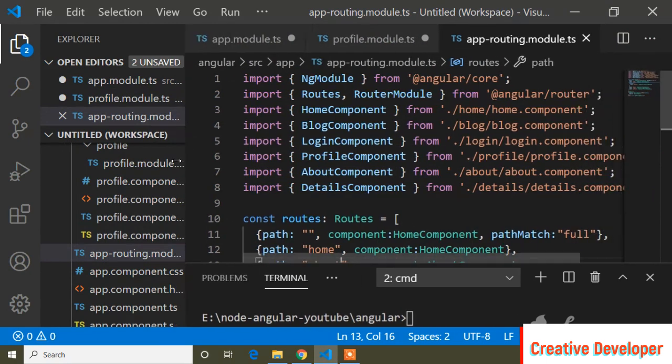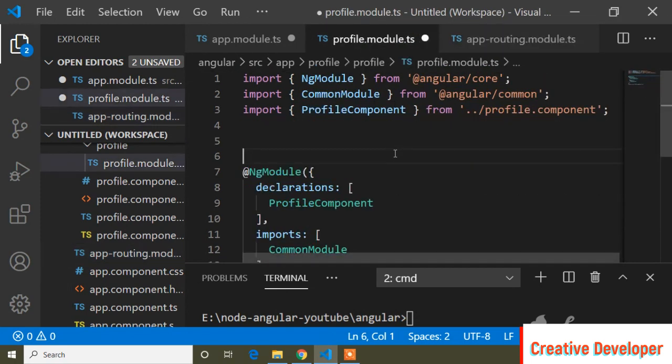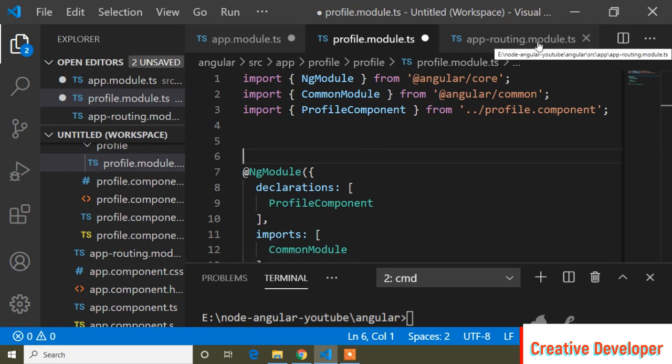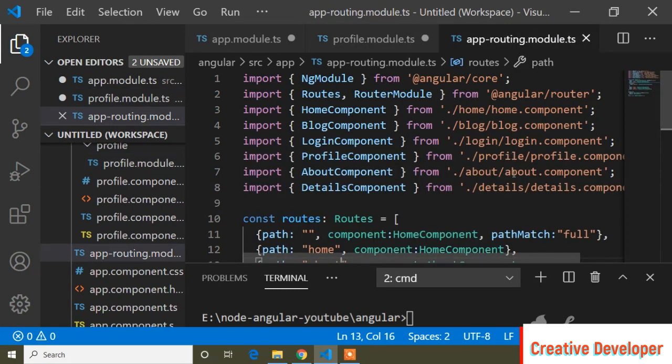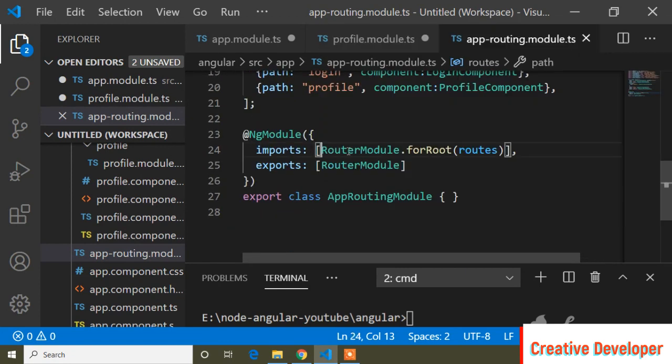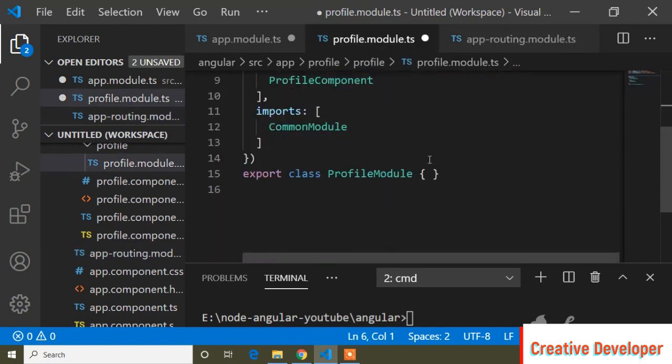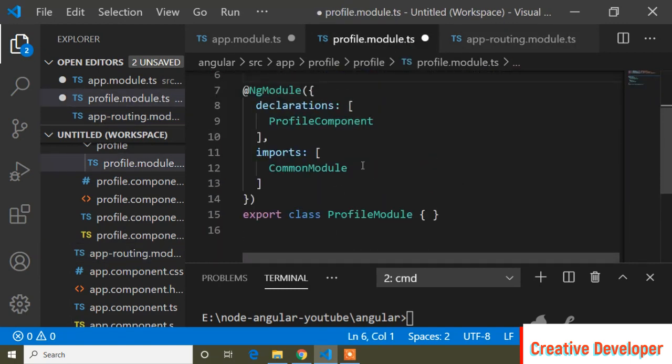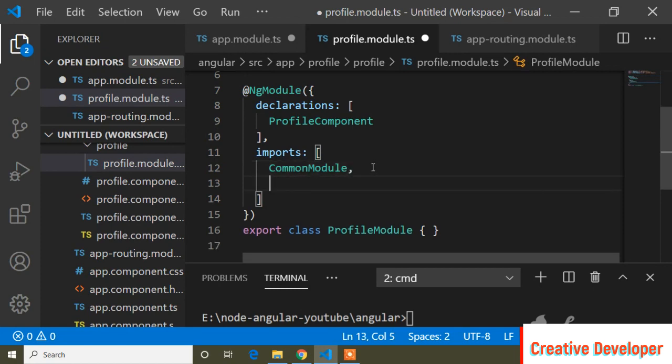So guys, we create all the routes in our app routes module, but now I generate a separate module for the profile component. So here now I will generate our profile routes inside this profile module. For that, you can see inside this app routes module in the imports array, router module. In the same way, inside this profile module I have to import router module.